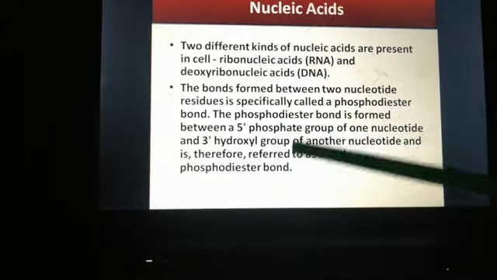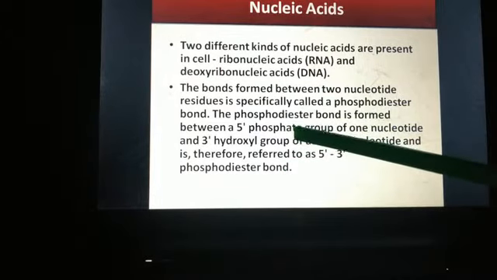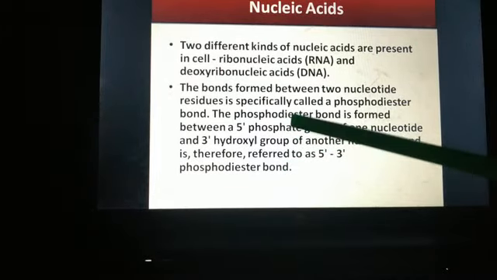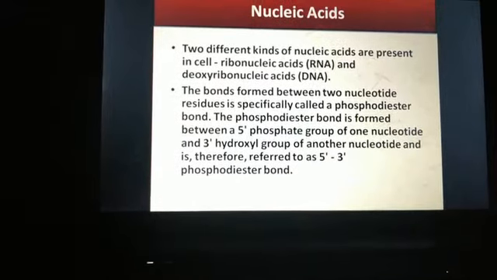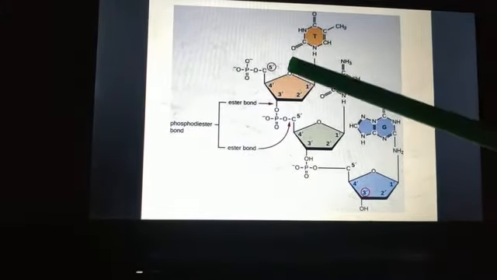So in DNA, a phosphate group is present. In RNA also a phosphate group is present. I'll show you the image. See here. These are the nucleotides. This is one carbon. This is another carbon. Pentose sugar contains 5 carbons, 1, 2, 3, 4 and 5. So it contains 5 carbons.